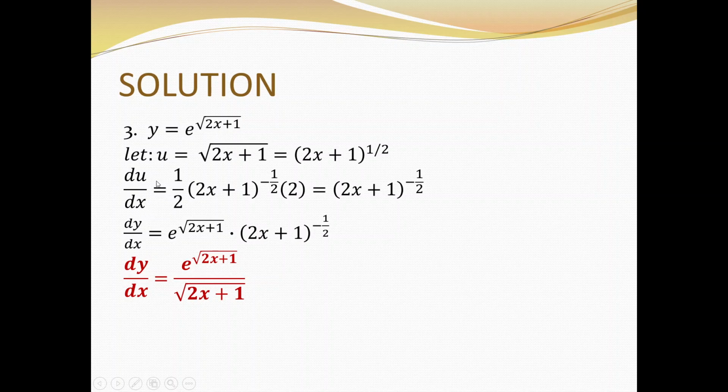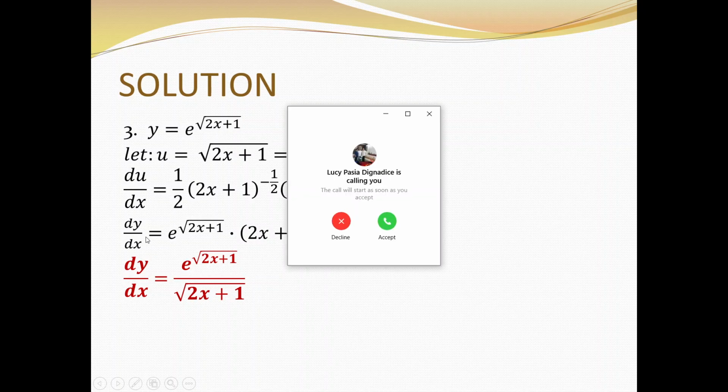Then the derivative of this u with respect to x: bring down the exponent 1/2, and then the exponent should be 1/2 minus 1, and this is equal to negative 1/2. And then the derivative of this quantity 2x plus 1 is simply 2. Simplifying the derivative of u here, we can multiply the 1/2 and 2, and that will be 1. So the derivative of u with respect to x is simply 2x plus 1 raised to negative 1/2. And then, for our